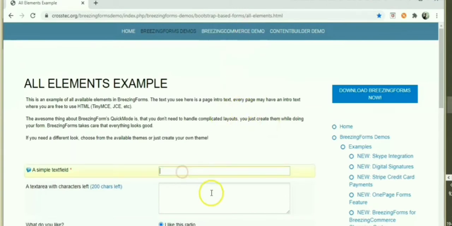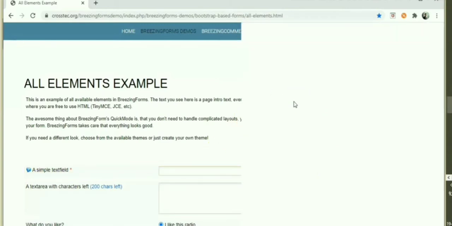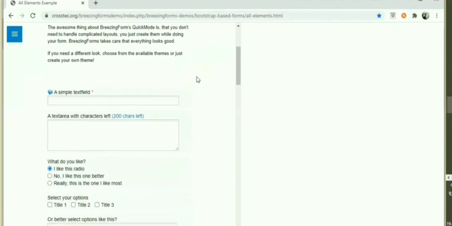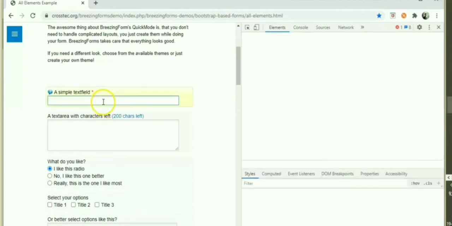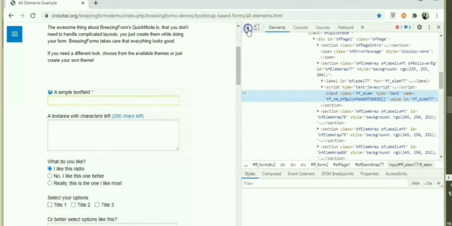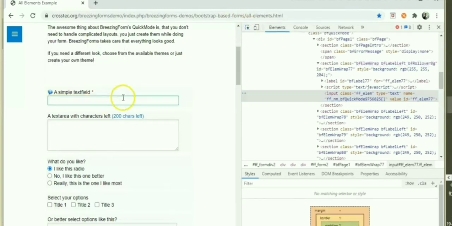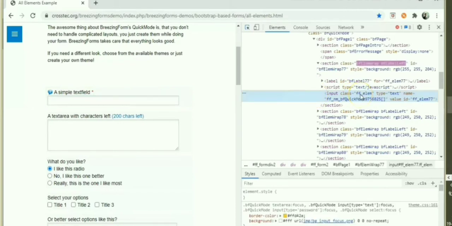So guys, this is our element. Just inspect this element. You can see the locations of these elements on the right side. Okay, so here we will check what is the id, name, class of this particular element, and we will choose any one of these. Here we can see this is our input text and this is the class which is available here, like ff hyphen ff underscore elements lm.